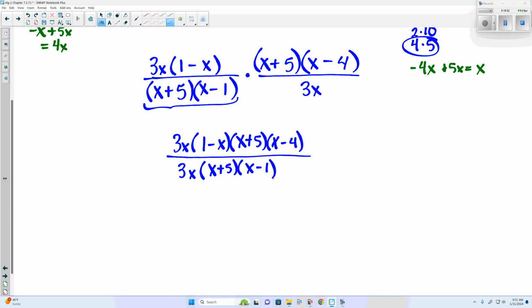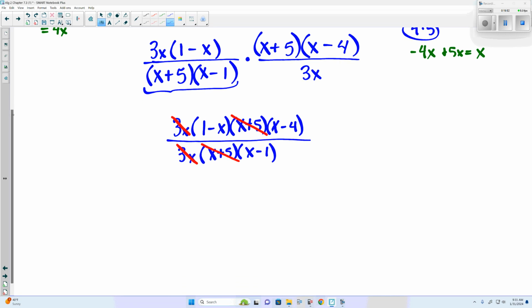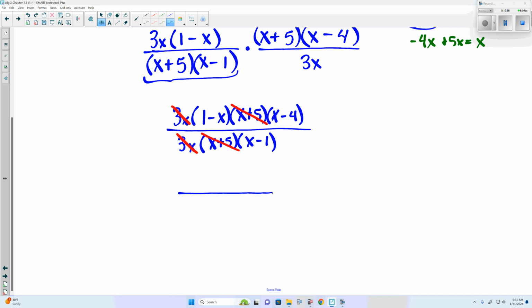Questions on how we got to this point here? We good with this here? What's in common on top and bottom? So 3x over 3x would reduce to 1. x plus 5 over x plus 5. Leaving us with 1 minus x, x minus 4 over